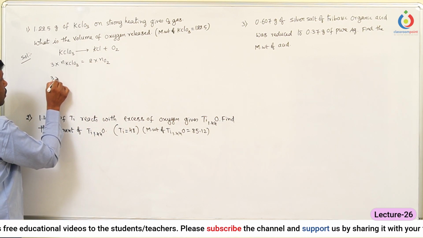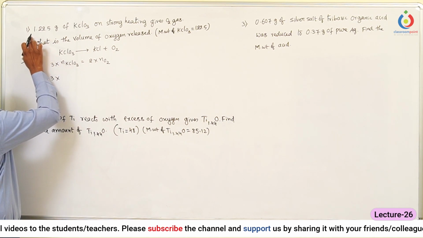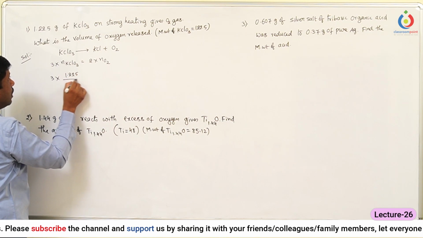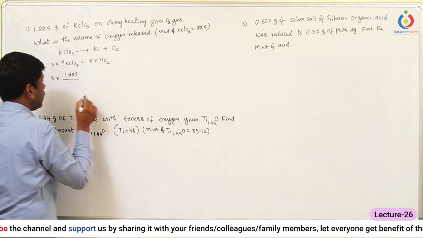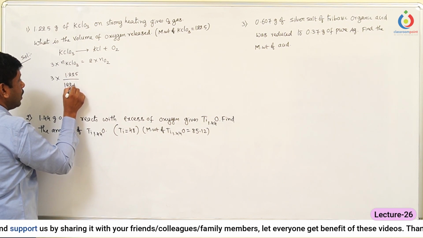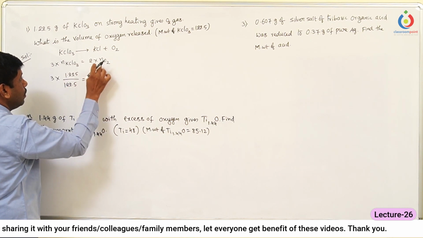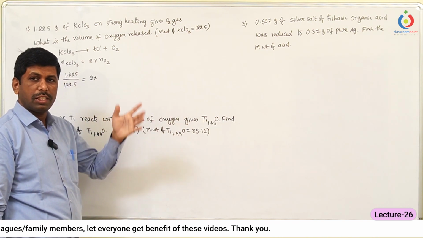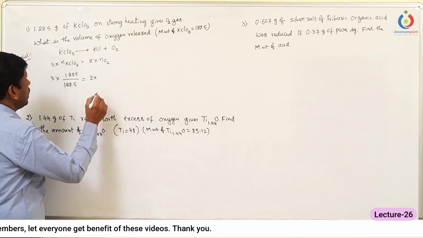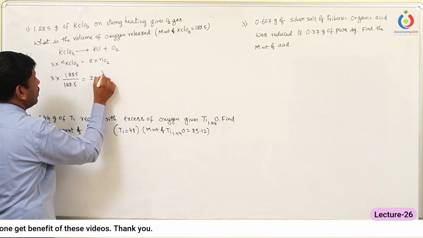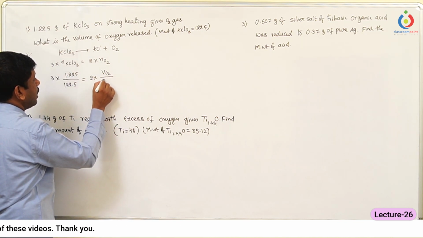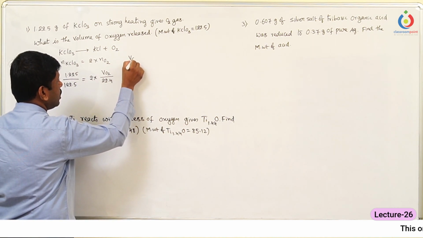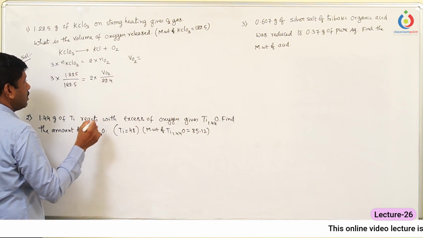So here 3 into number of moles means weight by molecular weight. Weight of the KClO3 is given, 1.225 grams, and molecular mass of the KClO3 is 122.5 grams, equals 2 into the volume of the oxygen they are asking. Number of moles means volume by STP volume, 22.4. So we can take the volume of the oxygen to be calculated divided by 22.4 liters. So here volume of the oxygen is equal to, sending all these values to the other side,